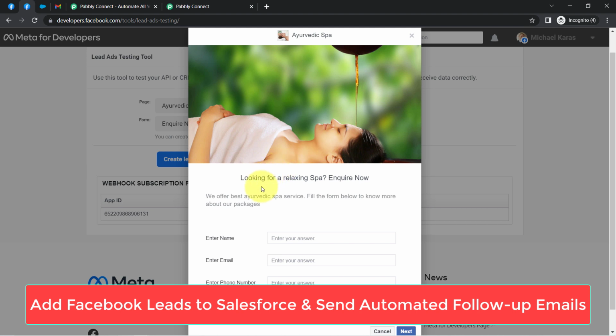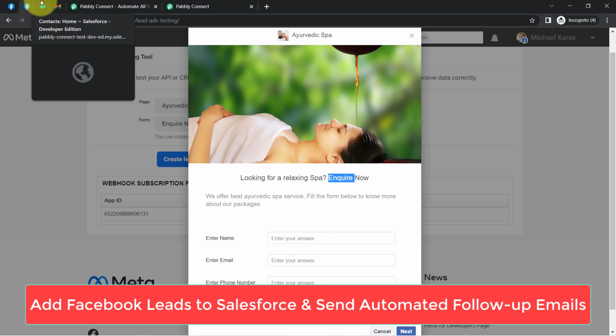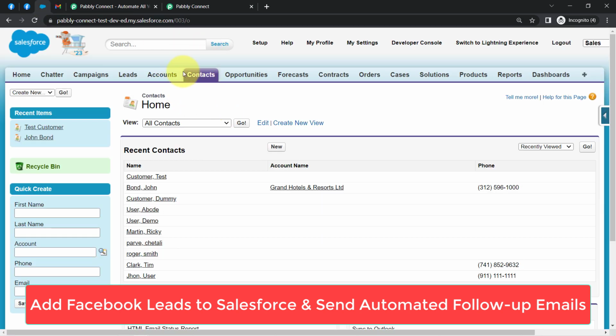In this video, I will show you how to add Facebook leads to Salesforce CRM automatically and then send automated follow-up emails to the same leads. So the idea here is I have created this Facebook lead ad form, and whenever someone inquires by filling out this form, I will instantly add those details as contacts into my Salesforce CRM, and further I